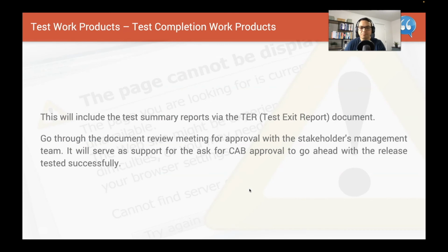Test completion. Once all the tests are complete and the completion criteria have been met, you produce a summary report, which some places call a test exit report, or abbreviate as TER. I like to use the wiki in Azure DevOps, where I can continuously keep changing it until it's all done and complete. So I don't wait until everything's done and then start working on the document. I work on the document as I go along, and in the end I just export it as a PDF and